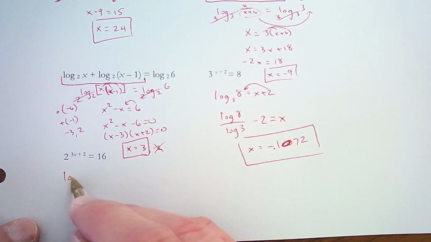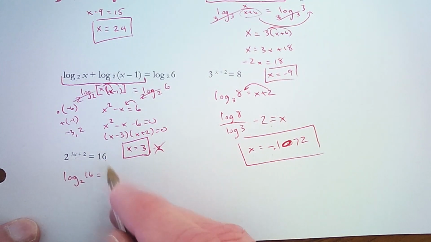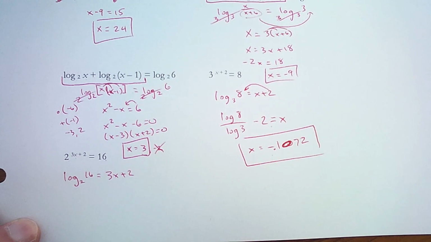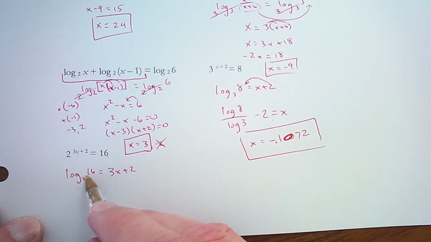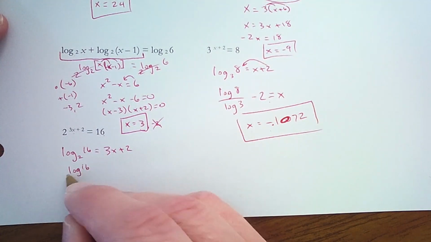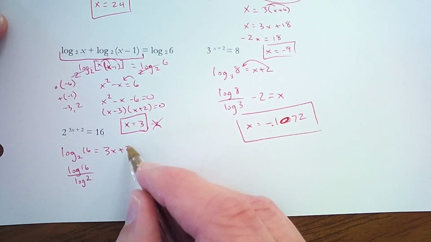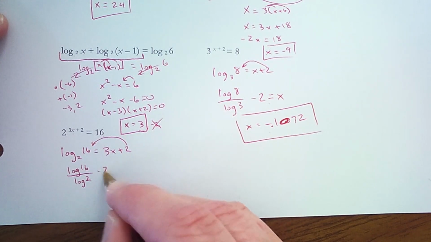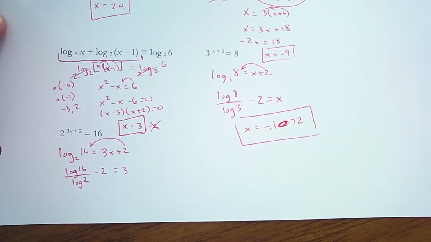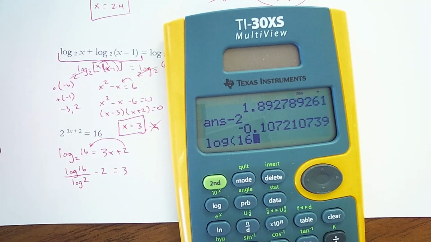So I've got log with base 2, argument 16, and exponent 3x plus 2. So I'm going to do the change of base formula. So that's log of the argument divided by log of the base. And I'll go ahead and subtract that 2 now. So minus 2 equals 3x. So log 16 divided by log 2